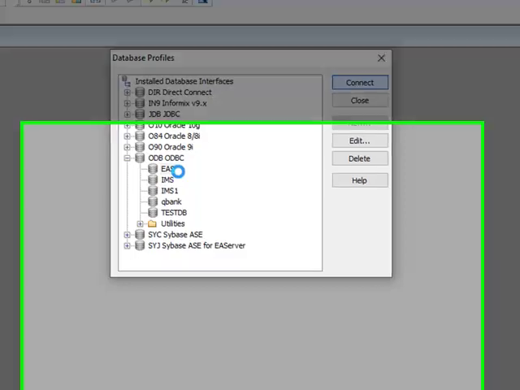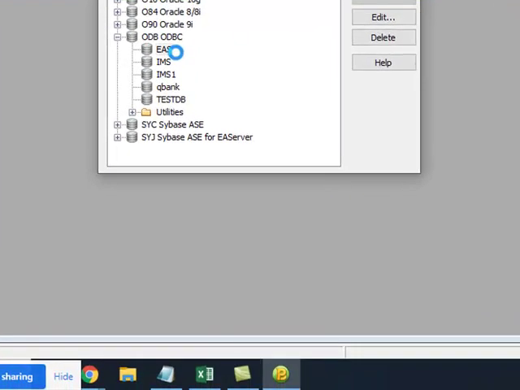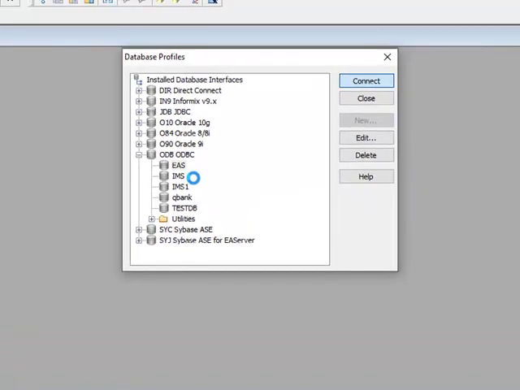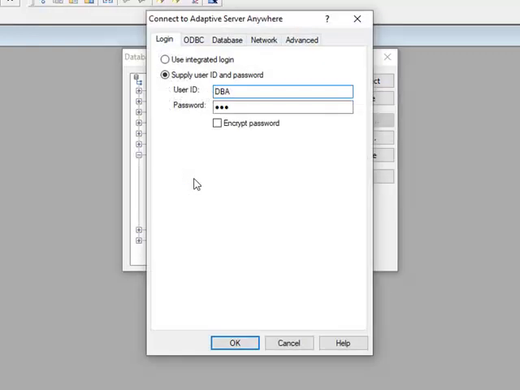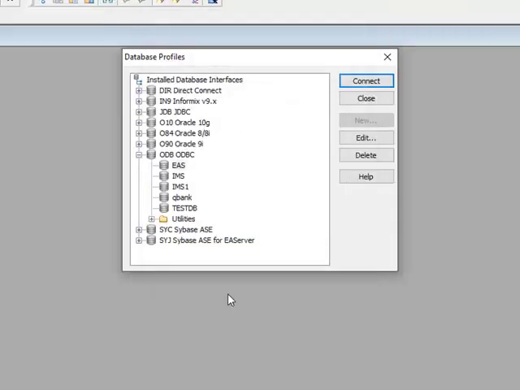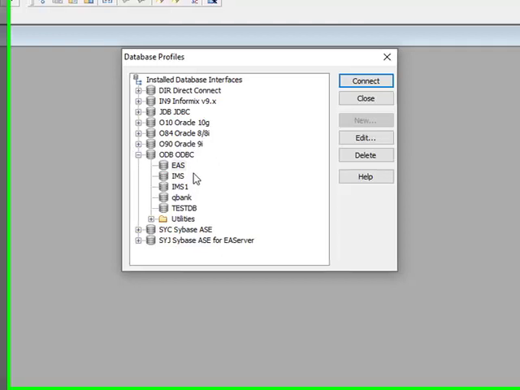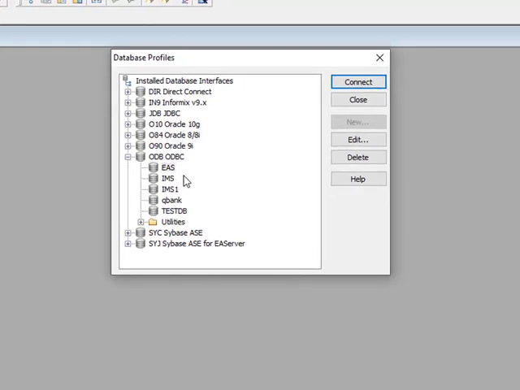Oh, I'm not able to connect to this DB. Why is that so? It is coming here and going back. I think that DB is not working for me.